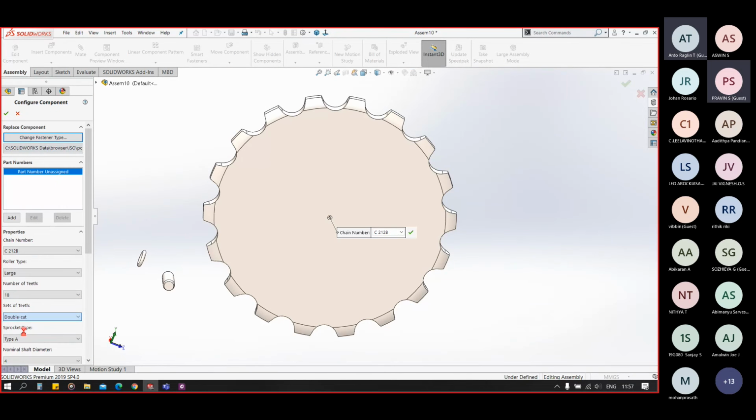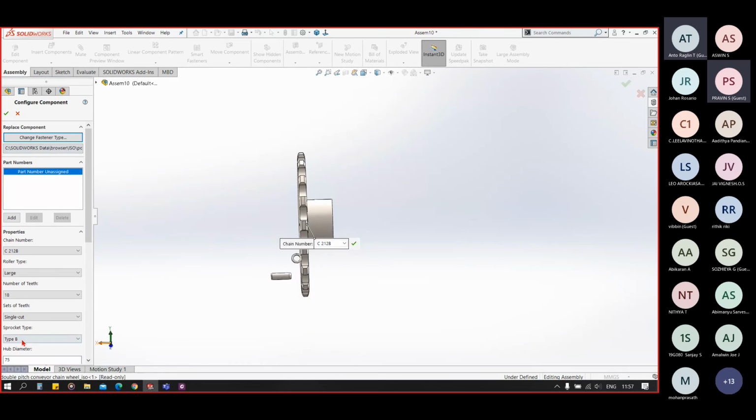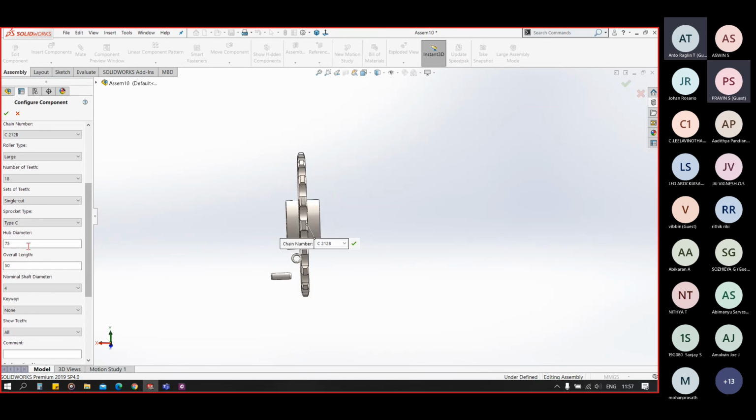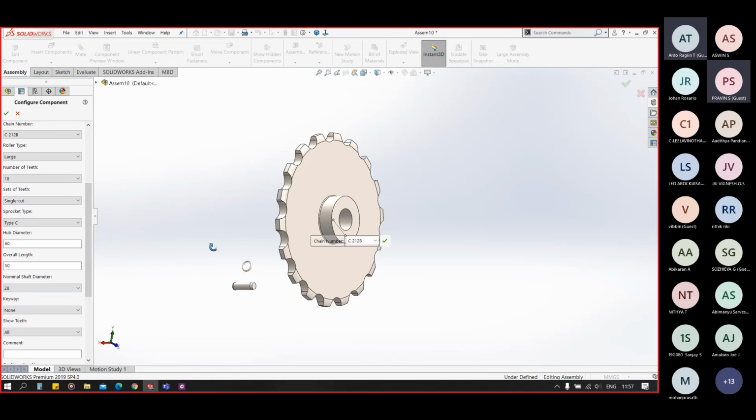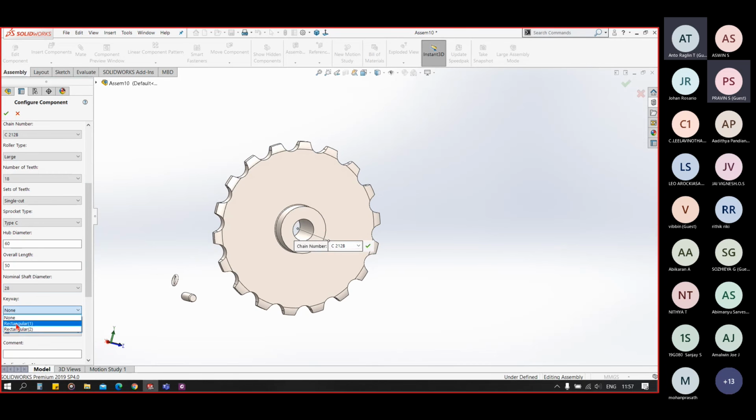Set of teeth, single cut, double cut. Sprocket type A, B, C. Similar to the gear. We have our hub diameter. You can see we have length, shaft diameter. You can see the shaft diameter, keyway, like that.